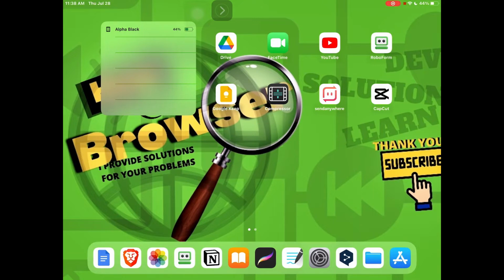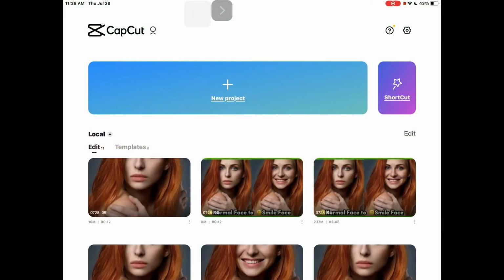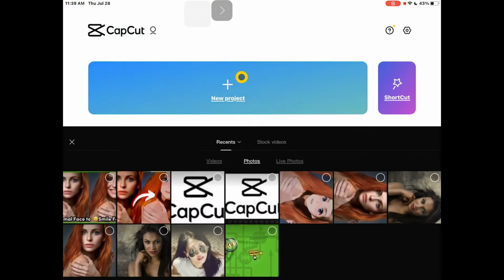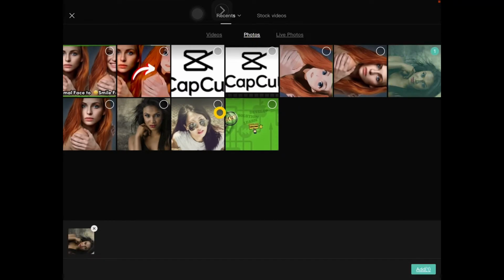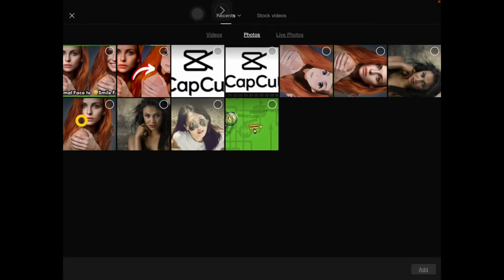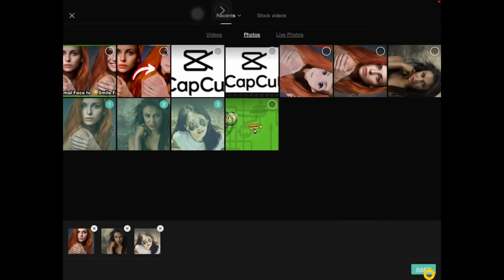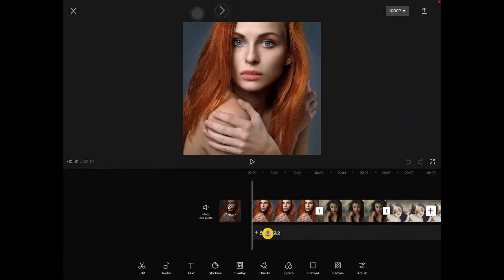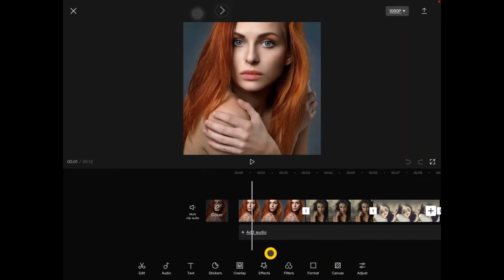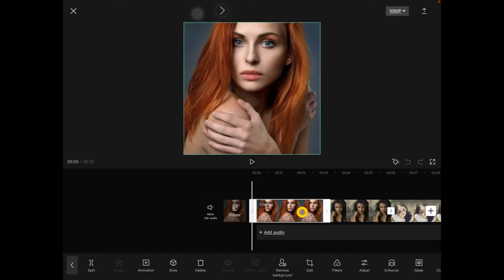So let's head over now to Capcut, and over here just tap on new project, and I'll go and choose this image. I just downloaded from Pixabay, add it. Okay, and now if you want to turn this photo into an anime using Capcut, what you need to do is to select this image,